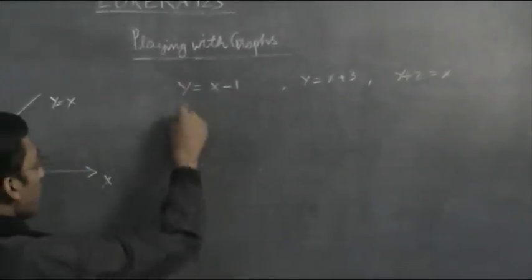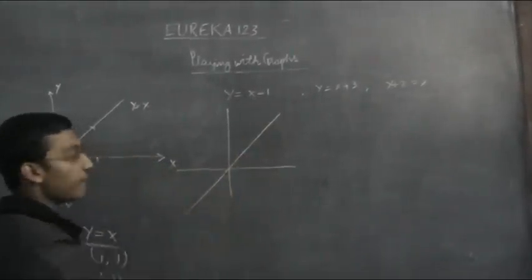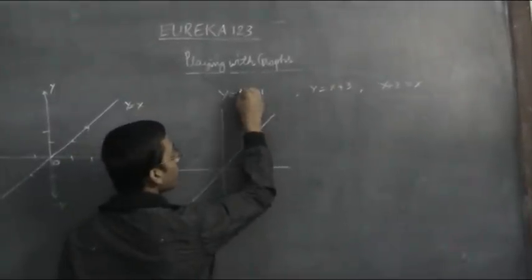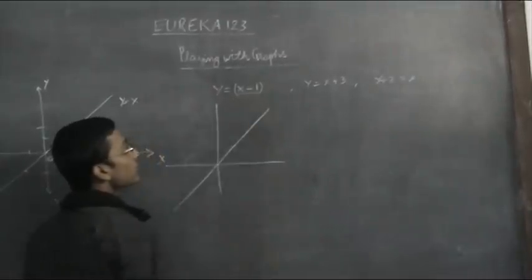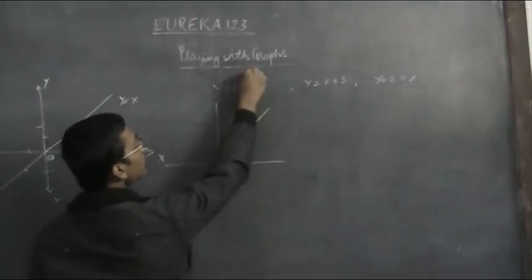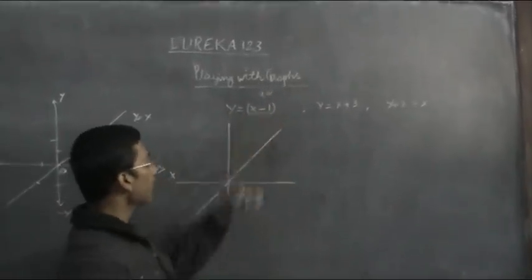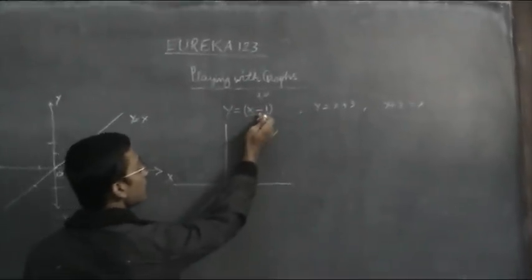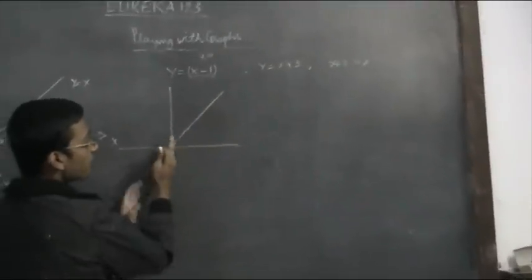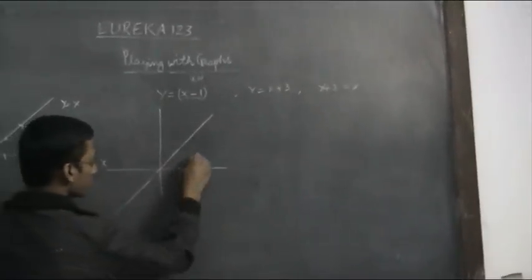Now, y equals x minus 1. We know that this is y equals x, the 45 degree line. Now, what is happening is, we are subtracting 1 from x. It is like y equals x minus 1. So basically what we will do is, we will shift the origin. So suppose the origin was at (1, 0), then it would have been like y equals x only. So whenever we add something to x, accordingly we shift the graph. So this graph will pass through (1, 0).